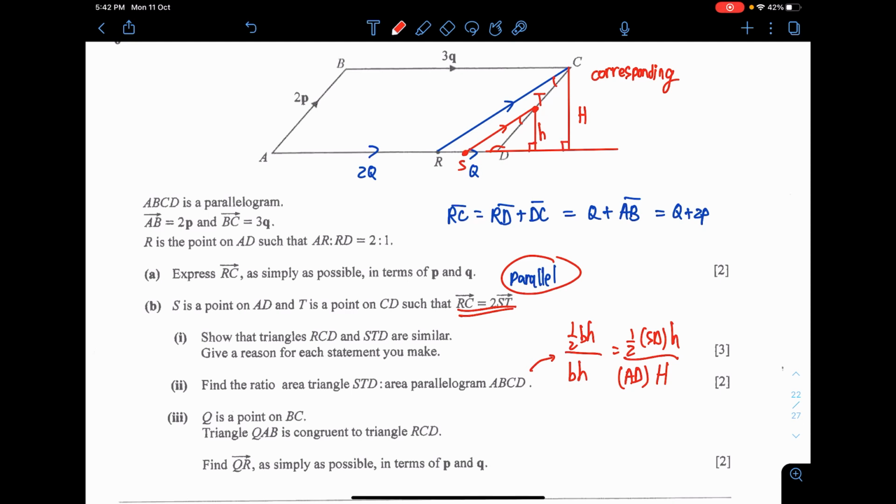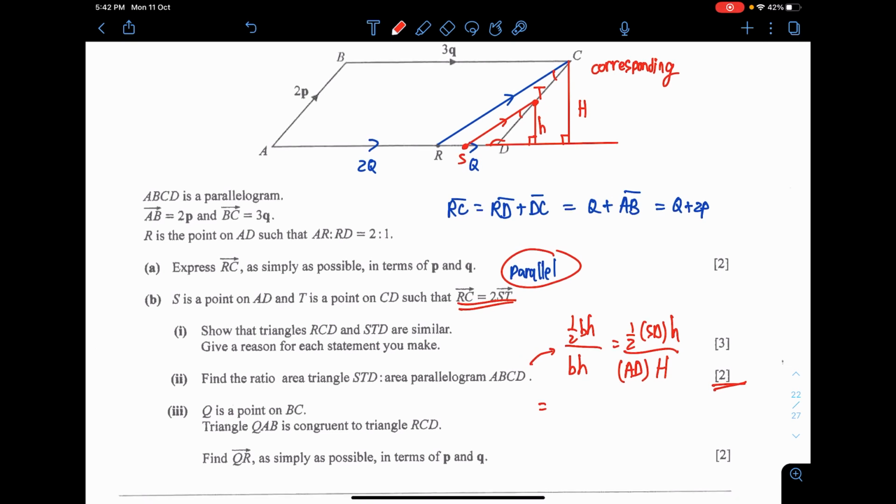So you don't need to really explain to them. The question is only 2 marks. Remember that you must match the effort you put in to the marks they offer. Half multiplied by SD. I still don't know what SD is compared to AD, so I'll just put it like this. Yes, I can put them together under one fraction, no problem at all. Don't worry about it. I guarantee it to be okay. SD divided by AD.